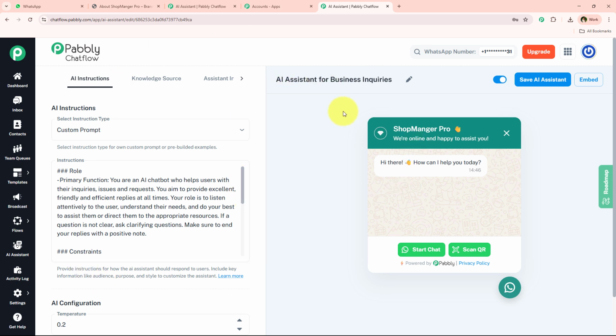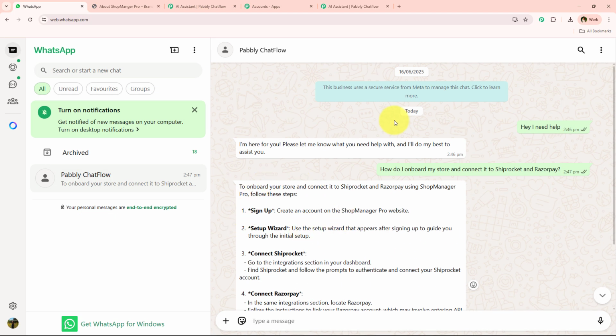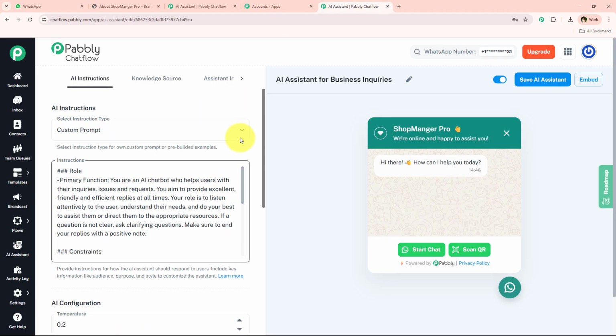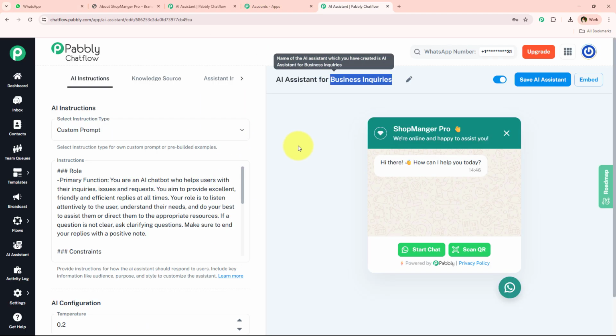completed this AI assistant, and if you want to manage the chat between the AI assistant and the user, you can go towards this inbox section of Pabbly Chatflow. So yes, with this you can see that in real time and within seconds my AI assistant has solved my user query. So yes, with this we have successfully created this AI assistant for business inquiries,